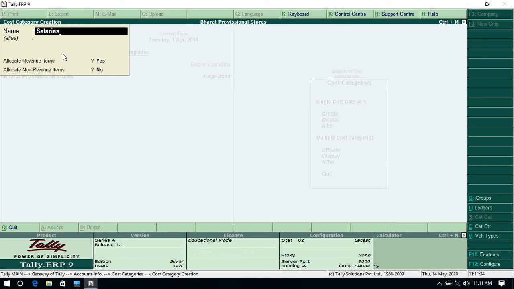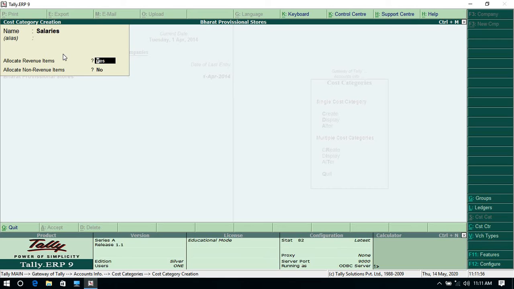So you have to create a category. You have to provide the name, then an alias if you want. Next you have the option set to Yes, allocate revenue items.